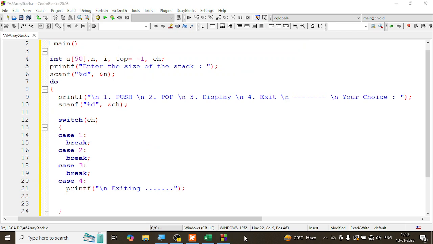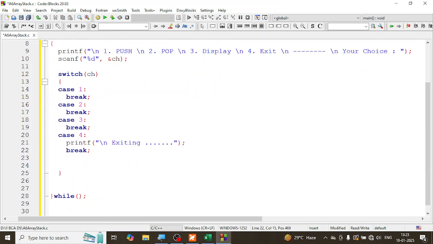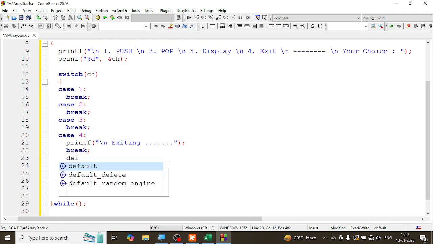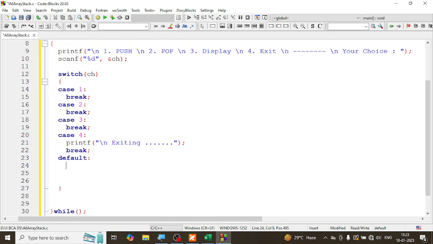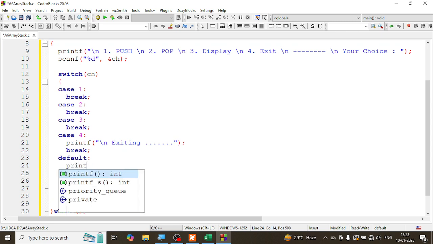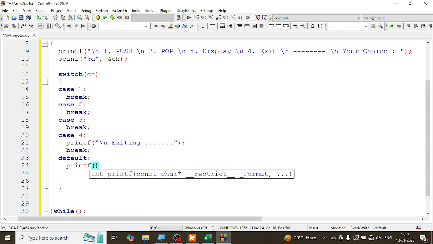So I'm exiting, and then definitely I have to put the break. Now the user may type 1 2 3 4. You are expecting the user may type 5 6 7 8. So what is the default that you're going to use? The default is a printf, and I'm going to say wrong